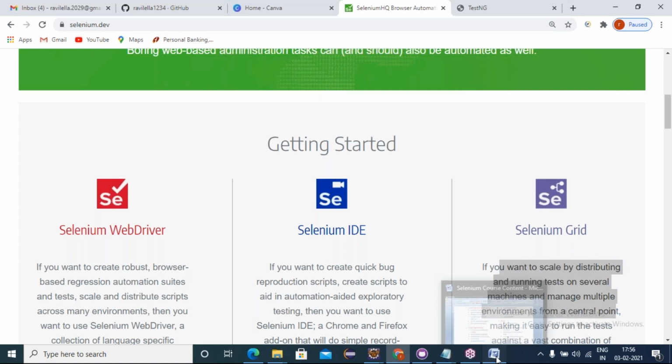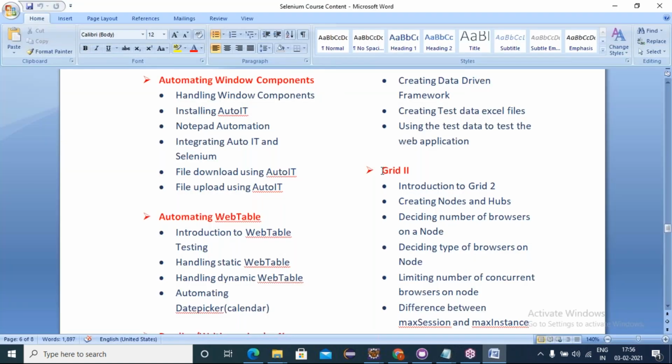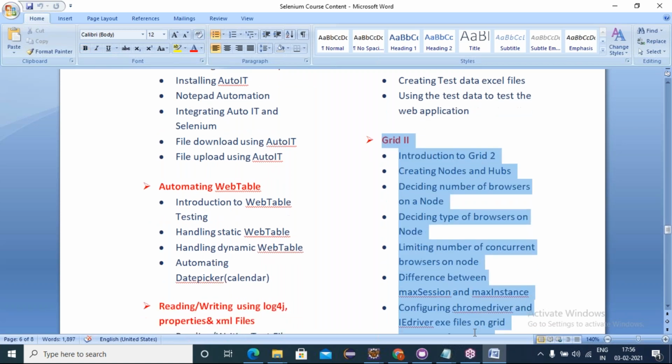Getting it? To implement the Grid concept, we must create a hub and we must create nodes, and we have to pass the desired capabilities, specifying in which browser and in which platform to execute. All this Grid we will be talking about for 4 days, end-to-end setup.